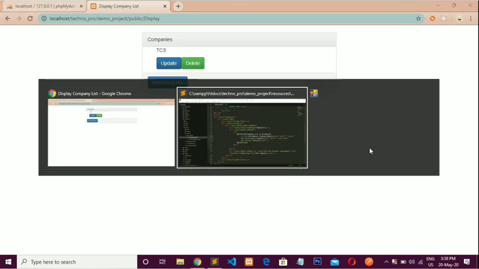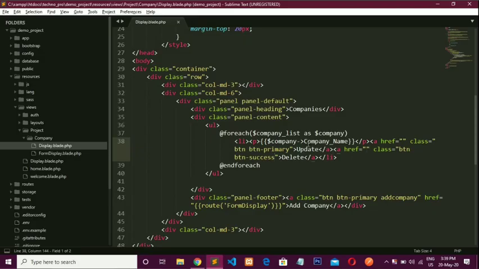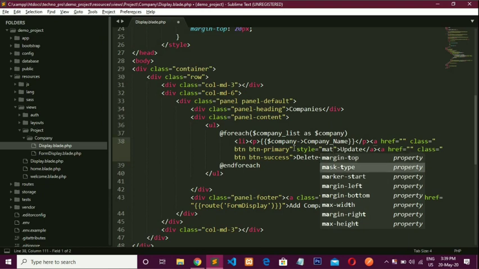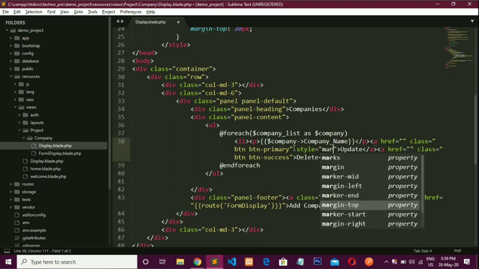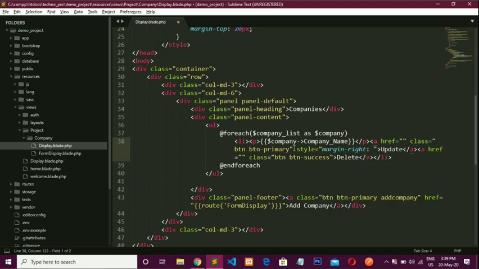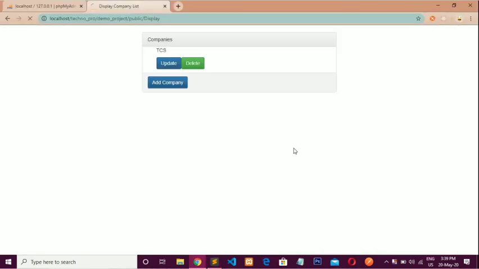Here I need to give some margin between the update and delete links, so write a style for that, margin-right 5 pixels. Now save and refresh it. Okay, now it looks cool.